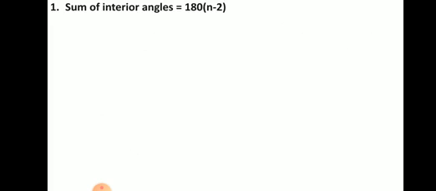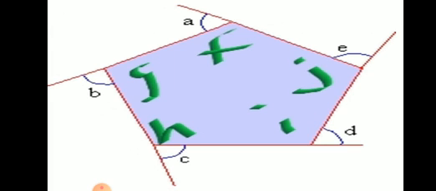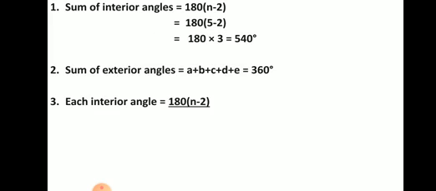That's what you want to look for, the sum. So I need to give us 180 into bracket, pentagon is 5, 5 minus 2, you get your 3. Then multiply, you get your 540. The second one, sum of exterior angles. The sum of exterior angles is this one, the A, B, C, D. You want to look for the addition of everything. You have a formula: everything is equal to 360 degrees. So add it up to be 360.